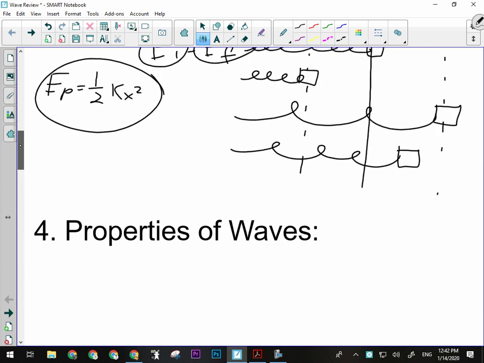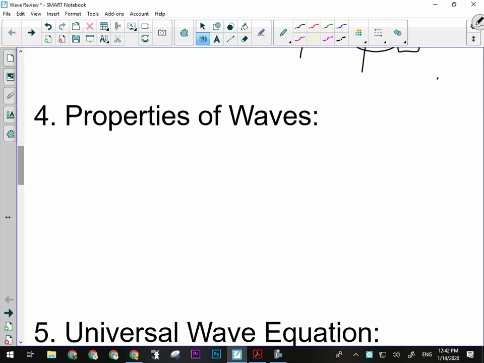All right, then we moved on to properties of waves. Properties of waves just means terminology, understanding what a wave is, how a wave works, things a wave needs. So make sure you understand things like period, frequency, amplitude, wavelength. Know what they are. What is a wave? It possesses energy. It's a traveling